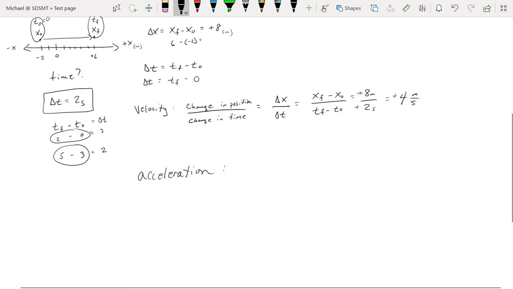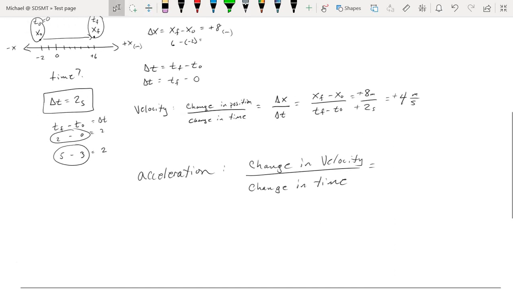Acceleration. Now, we have all been in a car at one point, and we know that the car can displace. We know that that car can have a given velocity. We also know that that car can accelerate. That's why we have the gas pedal and we call it the accelerator. Well, the accelerator or the acceleration is going to cause a change in velocity with respect to a change in time.